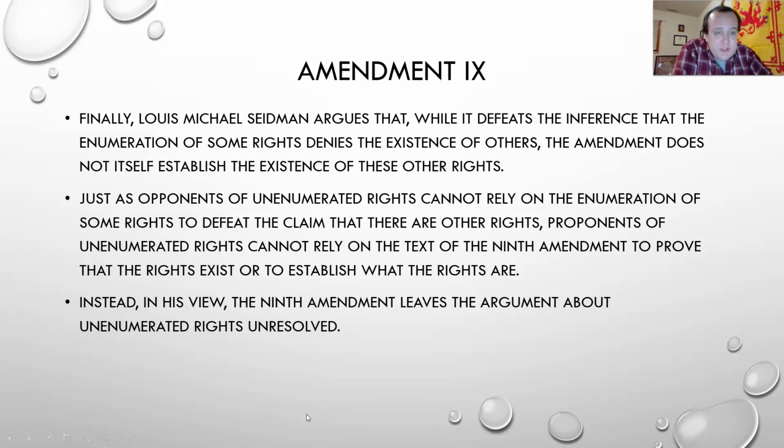So Lewis Michael Seidman says, well, it defeats the inference that the enumeration of some rights denies the existence of others. The amendment doesn't establish the existence of these other rights. So as opponents of unenumerated rights cannot rely on the enumeration of some rights to defeat the claim that there are other rights, proponents of unenumerated rights cannot rely on the text of the Ninth Amendment to prove that the rights exist or to establish what the rights are. So the Ninth Amendment, in his view, leaves the argument about unenumerated rights unresolved,